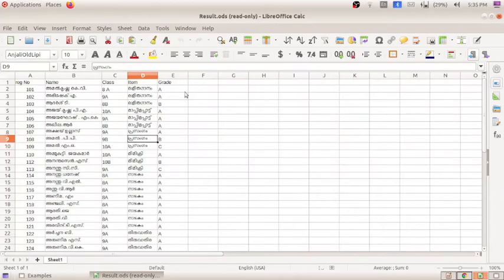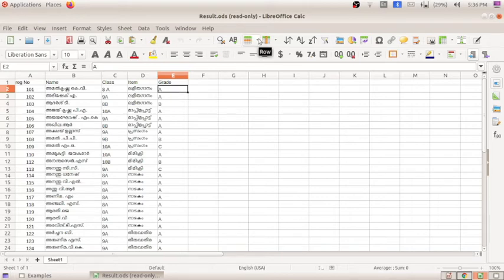How can we do that? There are 3 ways we can add a new row and column. So here above this grade A, if I want to add one more row or column, how can I do that? First we have to select this portion. Select means first we have to activate this cell. How can we activate it? Place the mouse pointer here so that it becomes active.